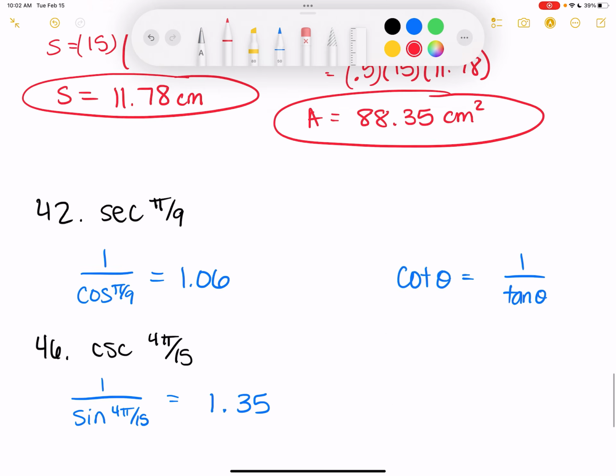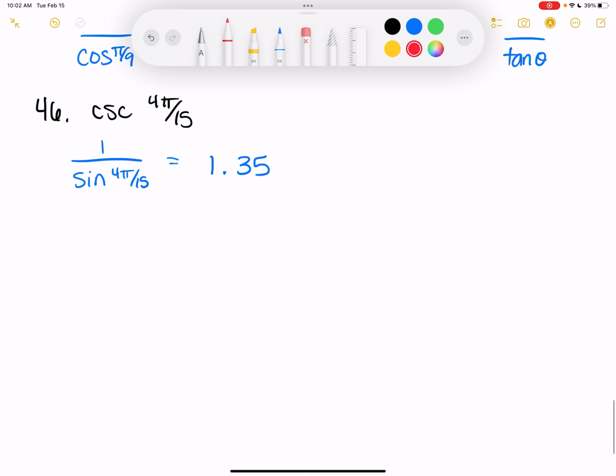Alright, I want you to do 33, 35, and 43 and 45. Okay, do you want us to resubmit our